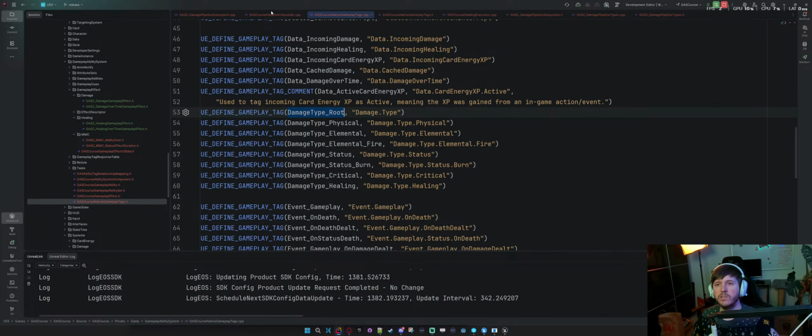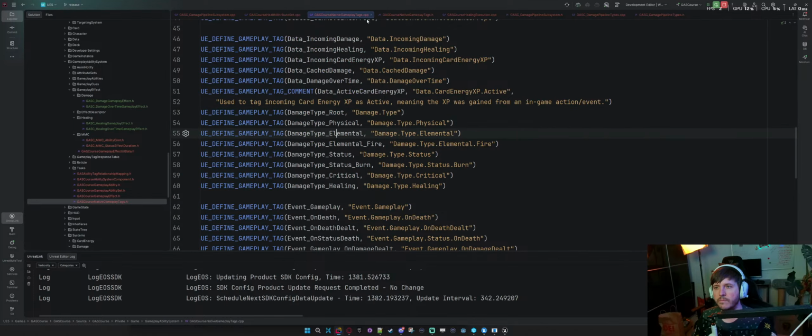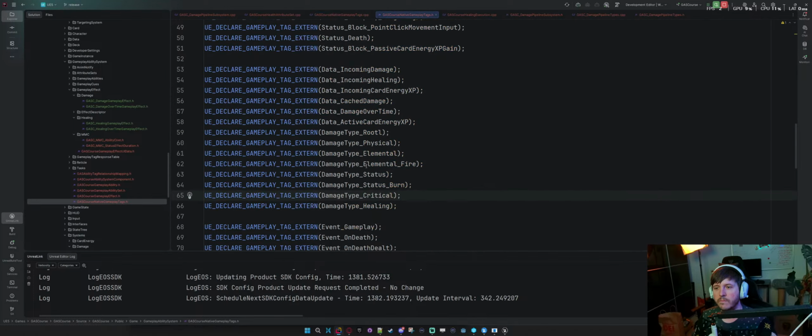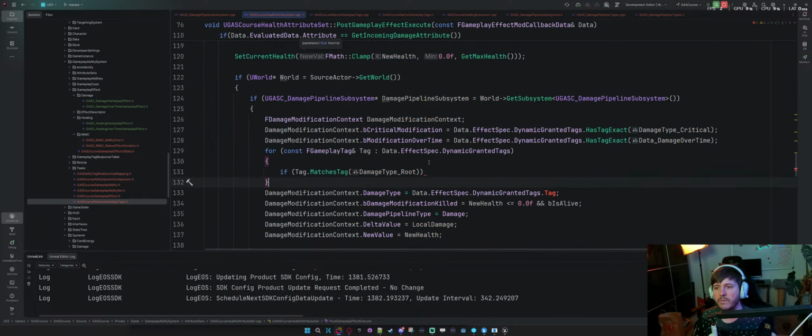Something like that, then I should be able to ask it. Oh, root hole. So now that should be the root.